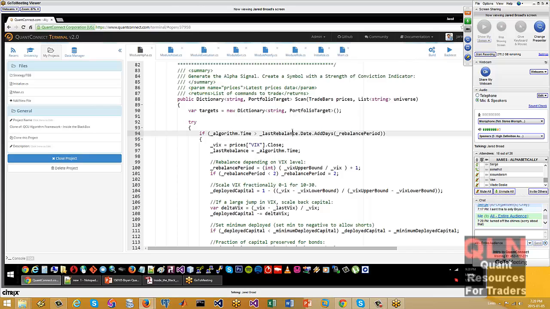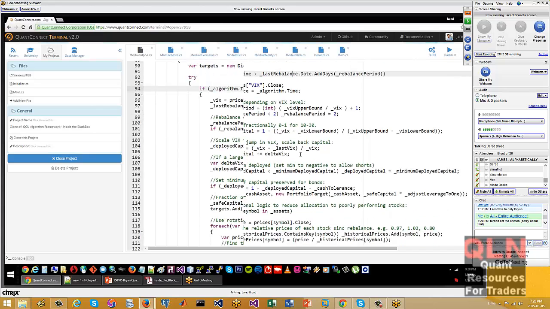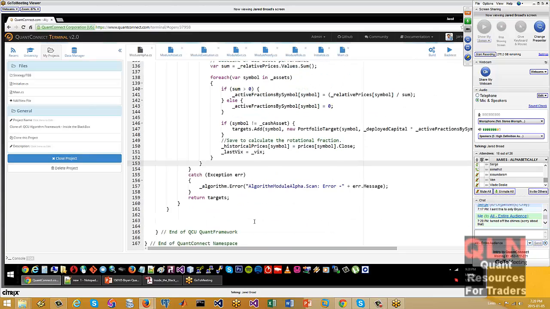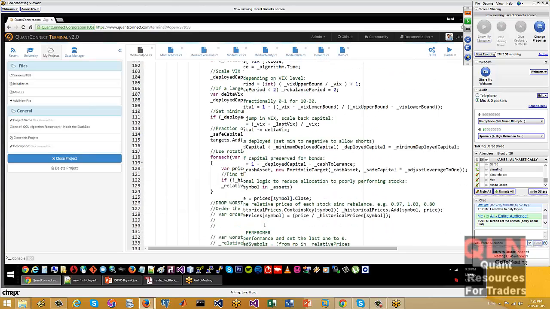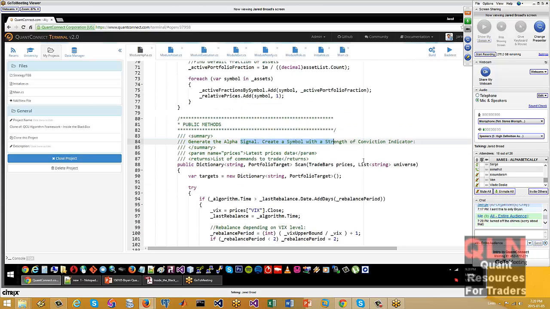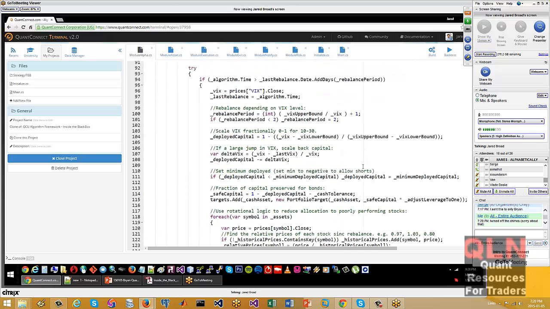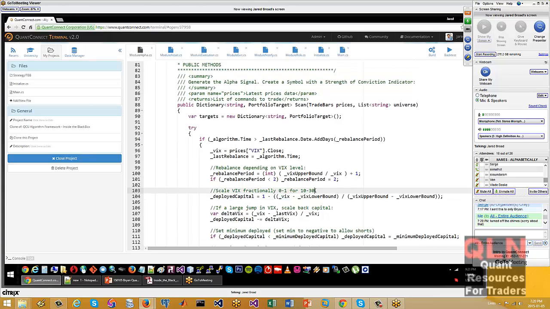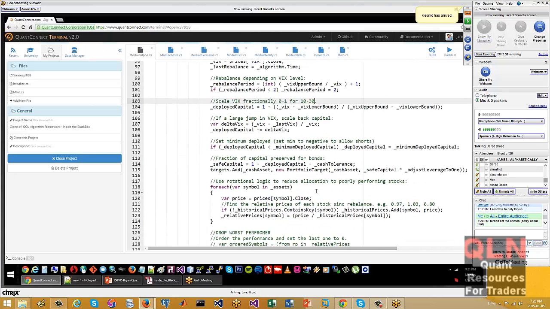We just need to generate those targets based on our strategy. The actual strategy isn't that important. For the sake of this one, it rebalances the portfolio based on the VIX. When the VIX is very high, it reduces its holding in equities, and when the VIX is very low, we go long equities. It just shuffles the cash between those two assets.